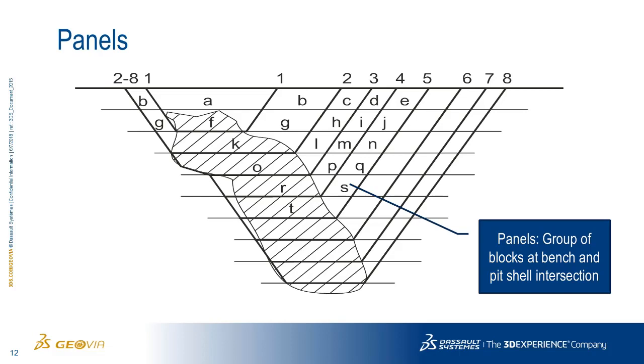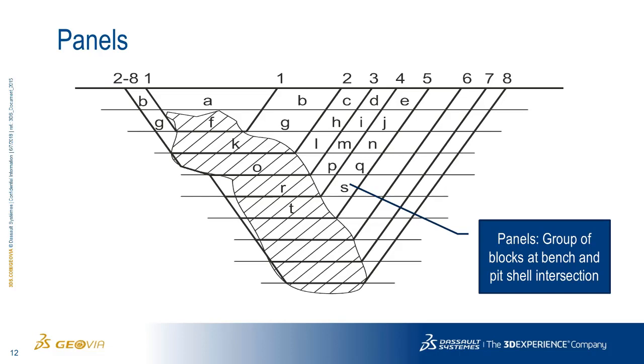When I'm talking about sequencing of the mining here, in this case, I could take block A, then I could take block F, then maybe I'll go to B, then maybe I'll go to G or something like that. Okay, so that's the level of precision that we're talking about when we're talking about a mining sequence. As we can see here, though, obviously there's a lot of material in A. So how am I going to treat that material? Am I going to treat it as a homogeneous mass, or am I going to break it down?